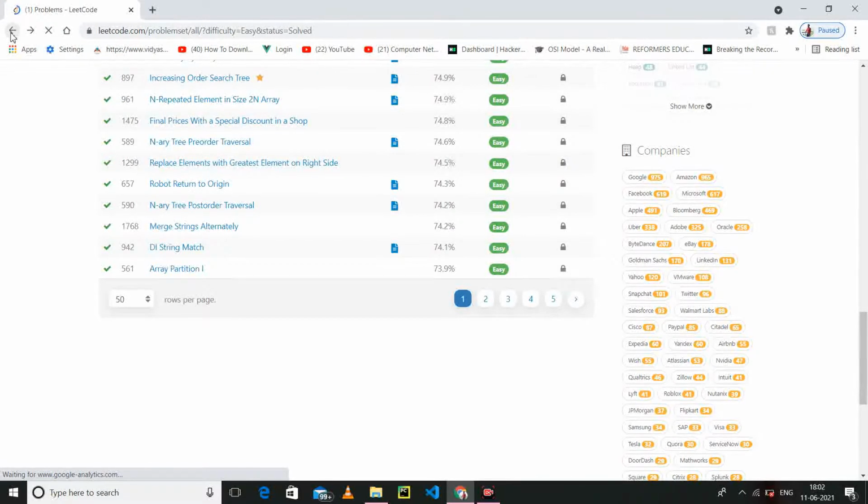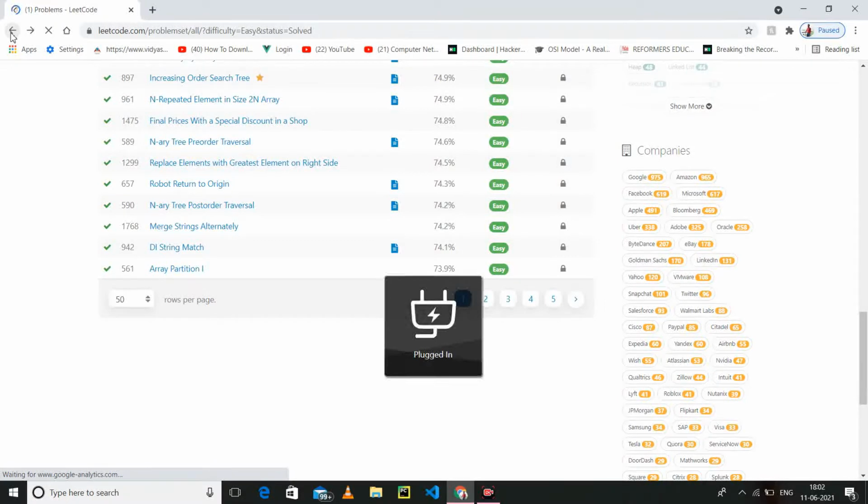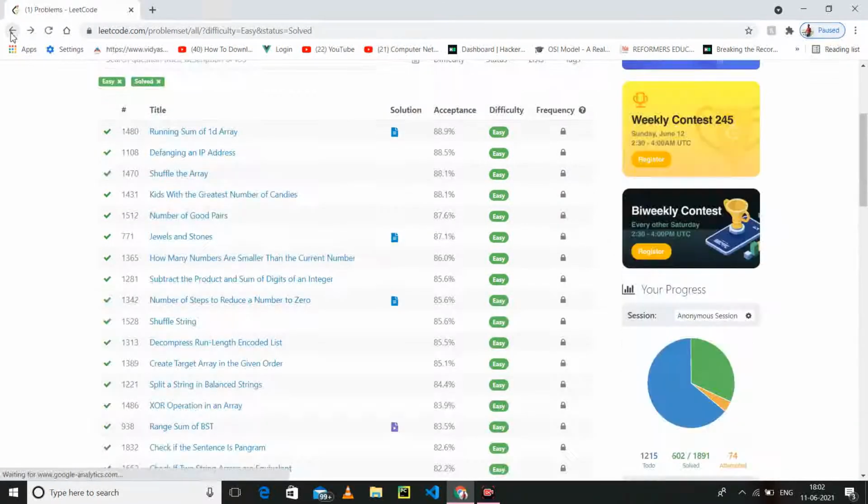I am solving in a faster way because I have already solved this, and this is an easy level question, so I don't think there is any problem for you to solve or understand this question. Because I have already solved it, I think you can also solve it, because these are easy level questions and not tough actually.